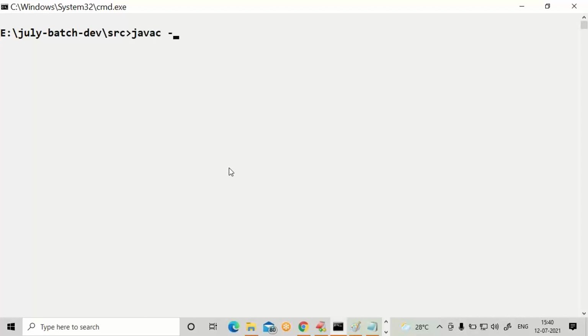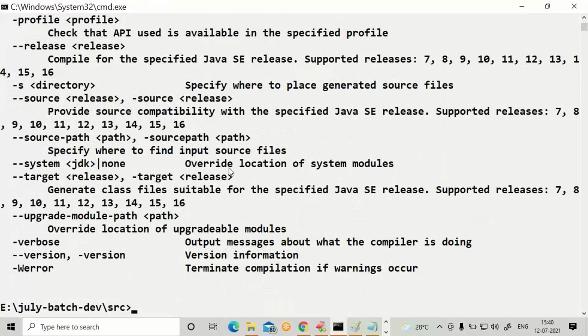Retrigger javac space -help to see all the options of the javac command.